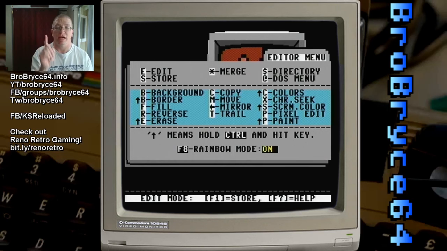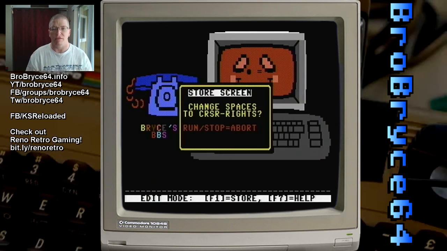And now the last thing on this menu that you haven't seen is store. So we're going to store this. The reason we have to store it is because right now it's just a bunch of screen memory, just peeks and pokes on the screen. We're going to take all that and convert it into lines of PETSCII that can be transferred to a BBS. So we hit the S key for store, and we have the option of changing the spaces to cursor rights, which is handy